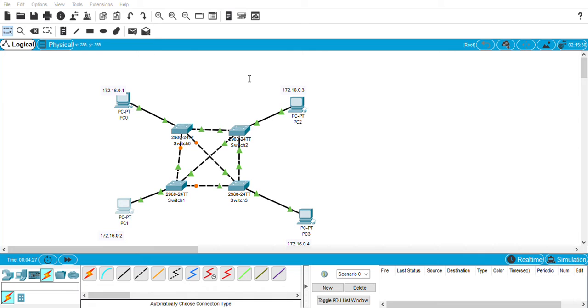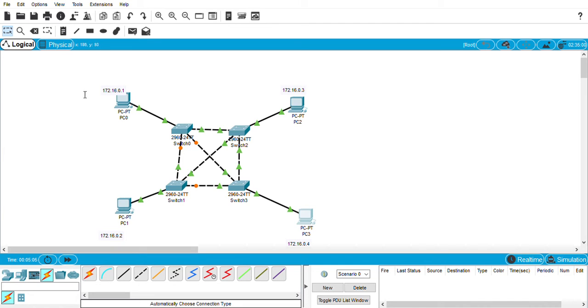Set up its own IP address, select the subnet mask, and proceed the same for however many devices you have. Okay, let us do another device. Select subnet mask, close it.